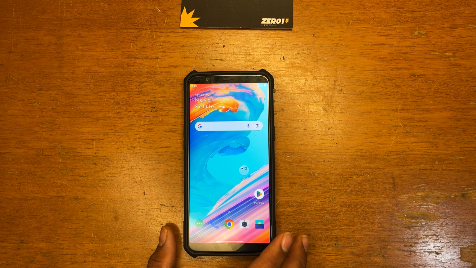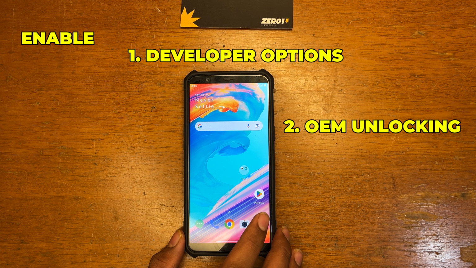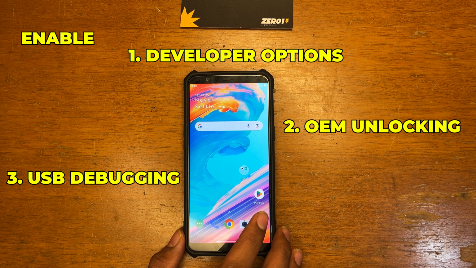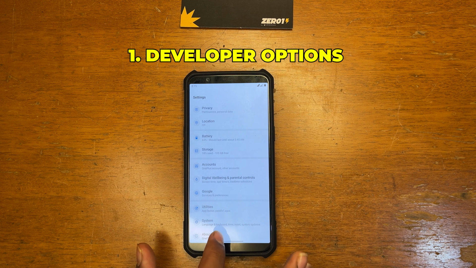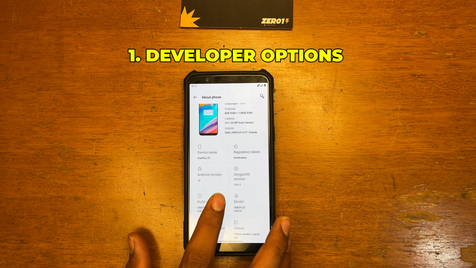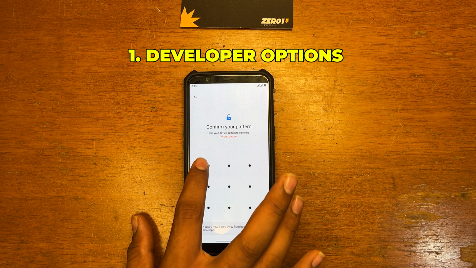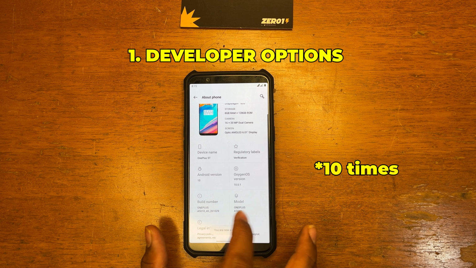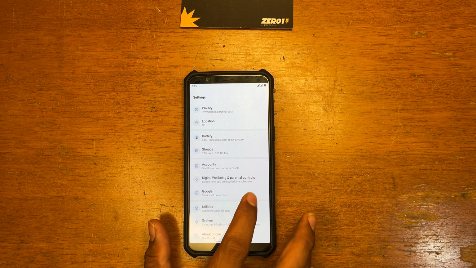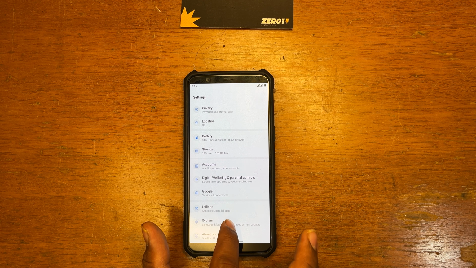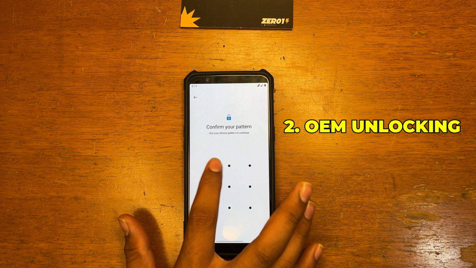So before we start, we have to make sure that the developer options and the OEM unlocking along with USB debugging have been enabled. So we go into settings. The way we enable developer options is by clicking on the build number about 7 to 8 times, and then this message pops up that you are a developer. Then we head into the system developer options and we make sure we turn this